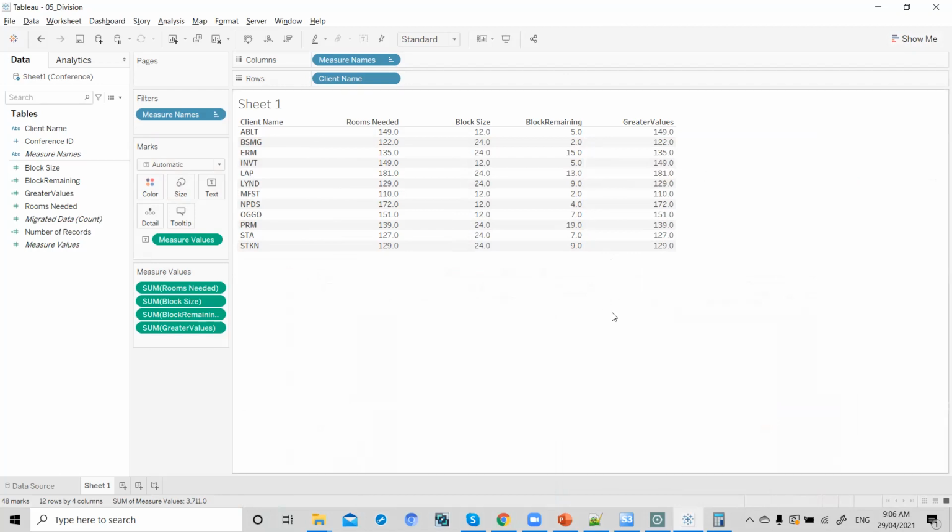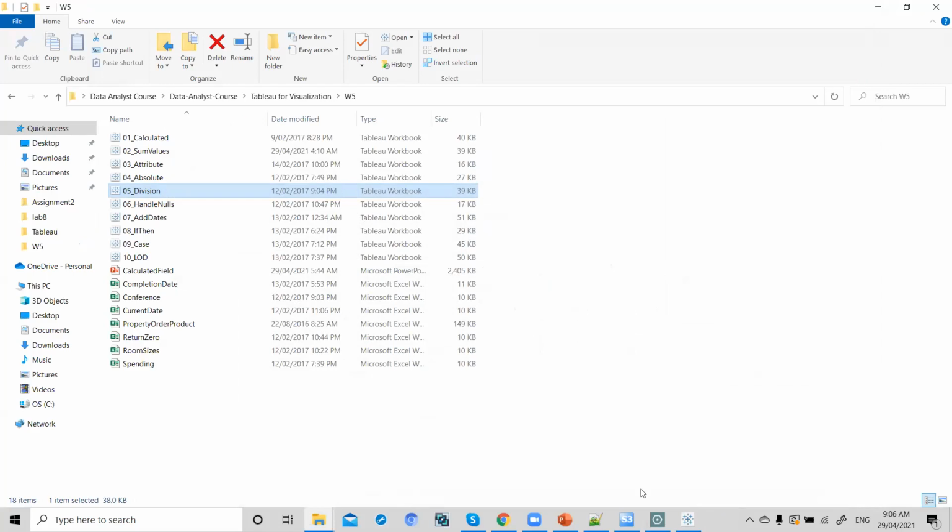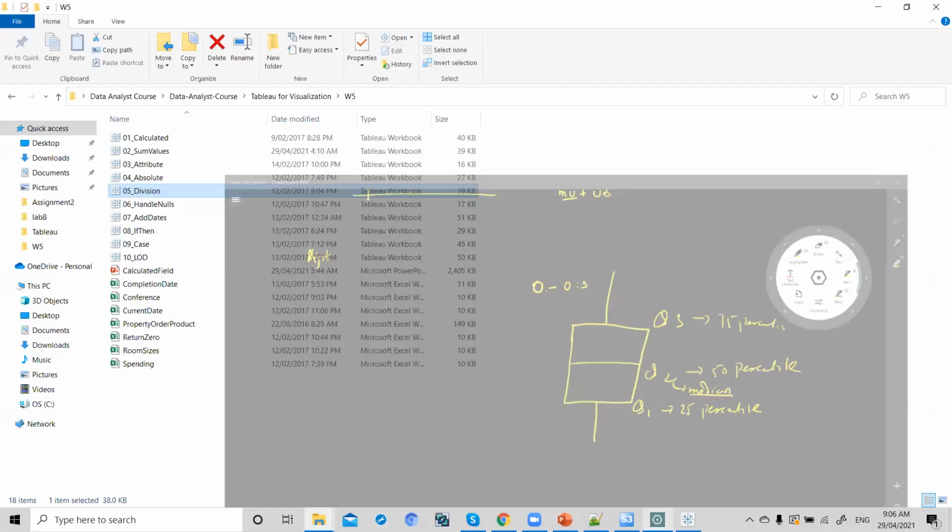So try to do it by yourself, and if you have any question, then I will help you out. So this is how we take modulus and div, and then